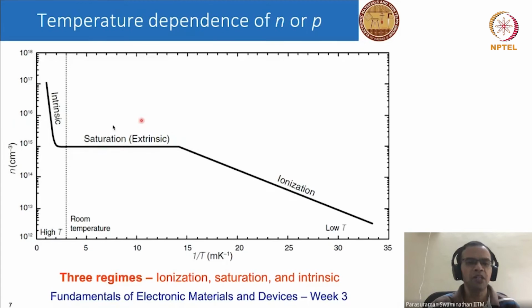Doping not only changes the electrical properties, it also changes how the electrical properties behave as a function of temperature. For most extrinsic semiconductors, we design the semiconductor in such a way that at room temperature we have saturation, which means the concentration of dopants is more or less constant. This means that the electrical conductivity will also be constant and will not change as a function of temperature.